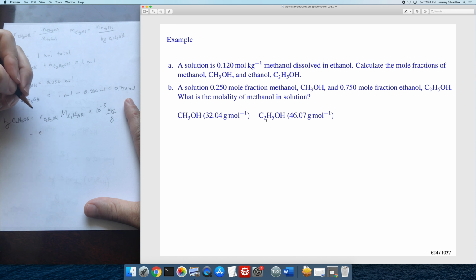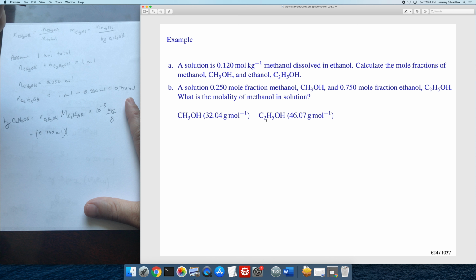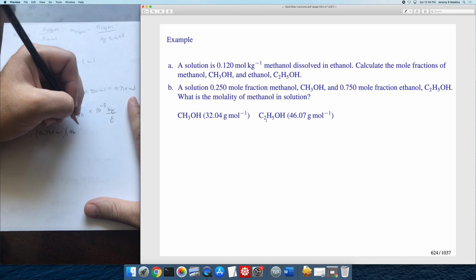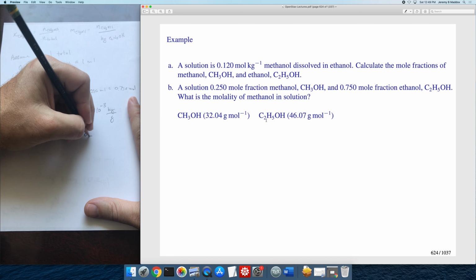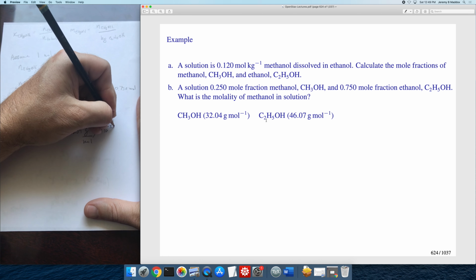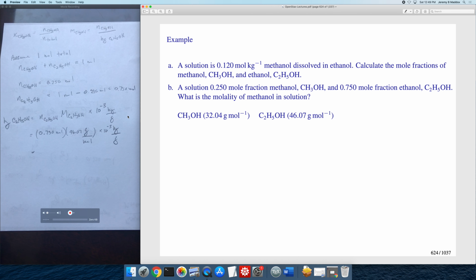So we'll have the 0.750 moles. We'll multiply that by 46.07. That'll be grams per mole. And then we'll divide that by 1,000. And that's going to give us the kilograms. So I'm getting 0.0346